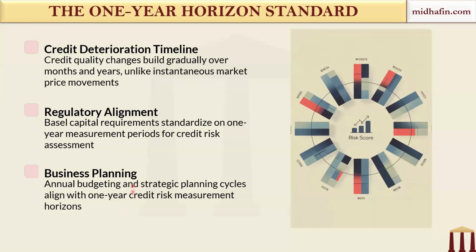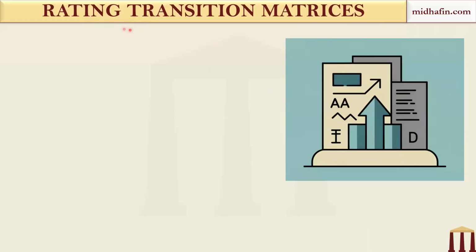Okay, so this 1 year standard is not just arbitrary. It reflects how credit risk unfolds gradually, how regulators enforce capital requirements, and how banks themselves plan their operations. Okay, now let us move on to a concept which we have discussed multiple times in FRM Part 1 also,